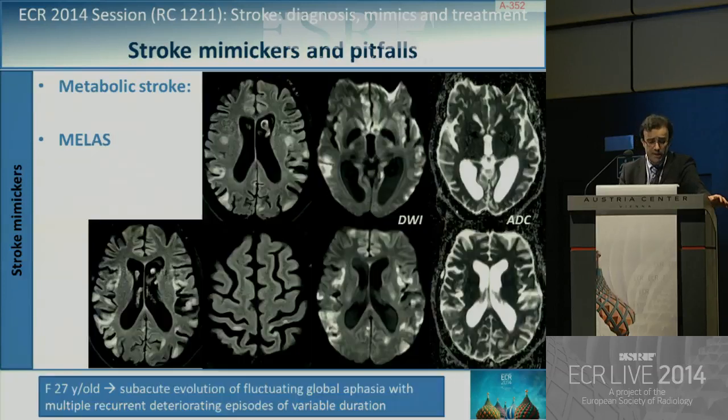In children, it might be easy, but sometimes you get these patients also in adult age. You see this lady was 27 years old, and she was having a fluctuating evolution of global aphasia. And you see the MR, you see multiple lesions, bilateral, cortical, some of them very tiny. And when you look at your diffusion-weighted images and ADC, they did not seem to have the